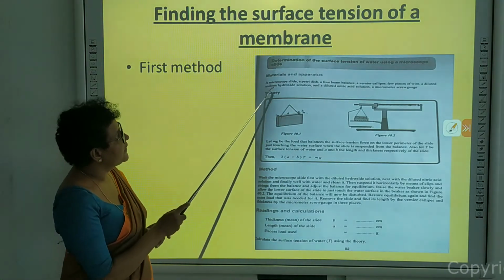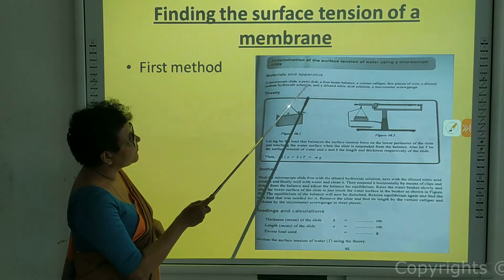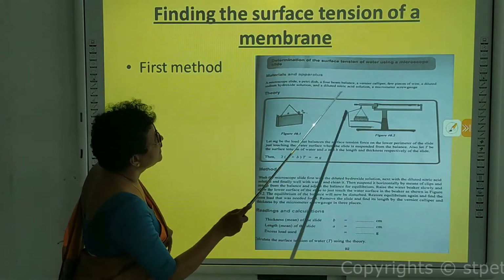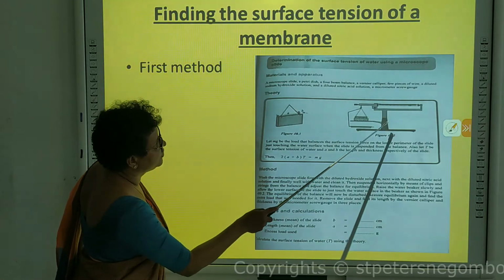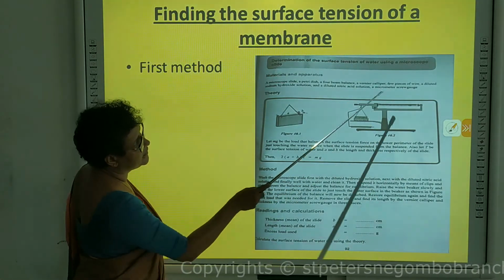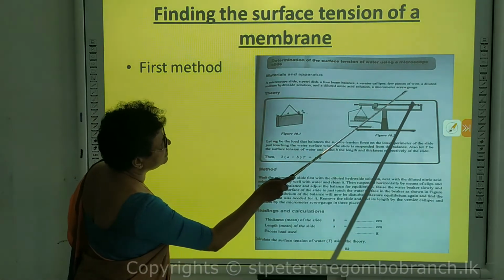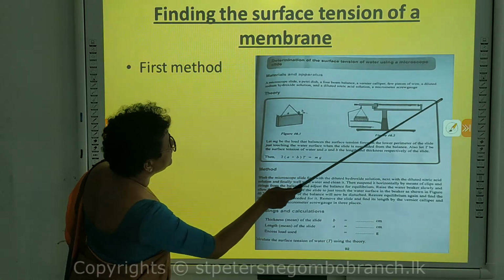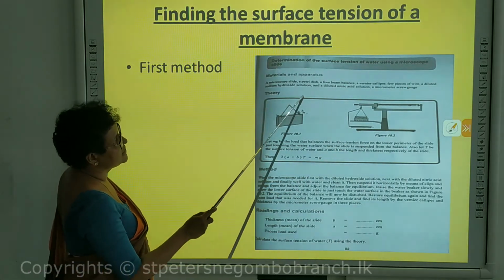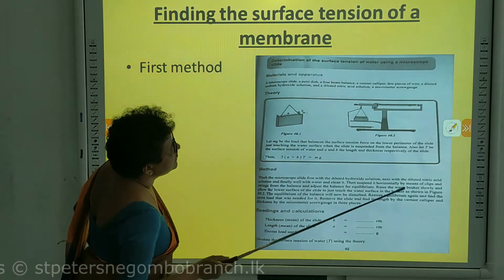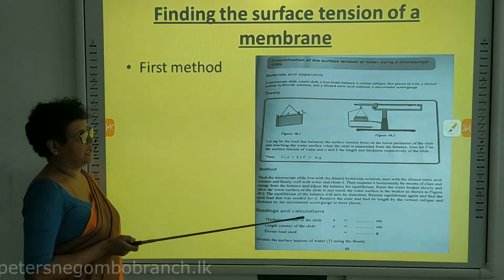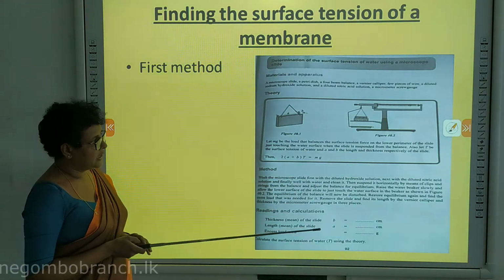We need a microscope slide, a dish, and a 4-beam balance, right? A 4-beam balance, vernier caliper, and a few pieces of wire, right? Dilute sodium hydroxide solution and dilute nitric acid solution and a micrometer screw gauge, right? Now here we